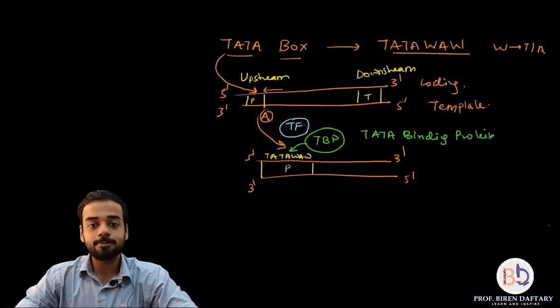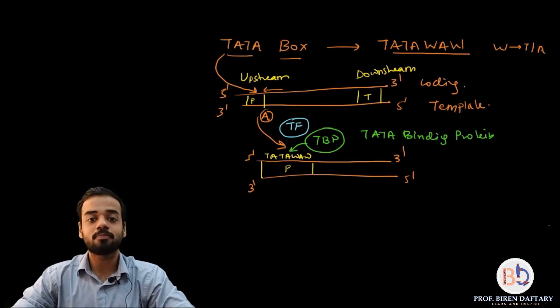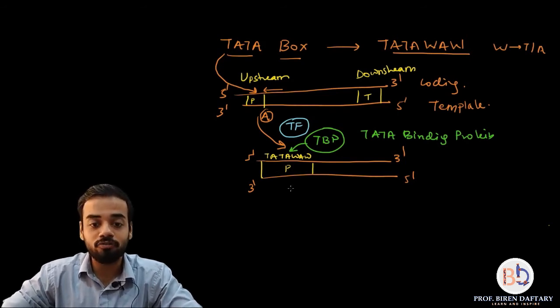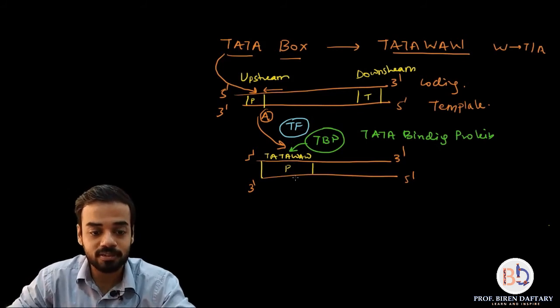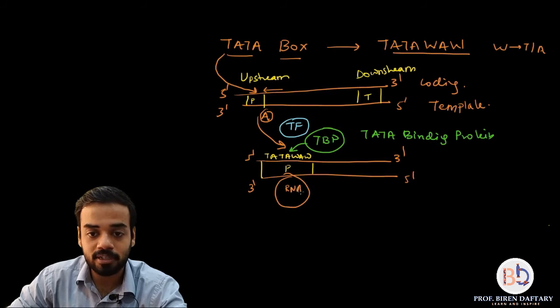The transcription factors also go and bind to this TBP. So now you have a complex. You have this TATA sequence on the promoter, to that is bound the TATA binding protein, and to that are bound the transcription factors, and all these three along with the RNA polymerase which is present. Over here I will attach your RNA polymerase, that is the DNA dependent RNA polymerase.